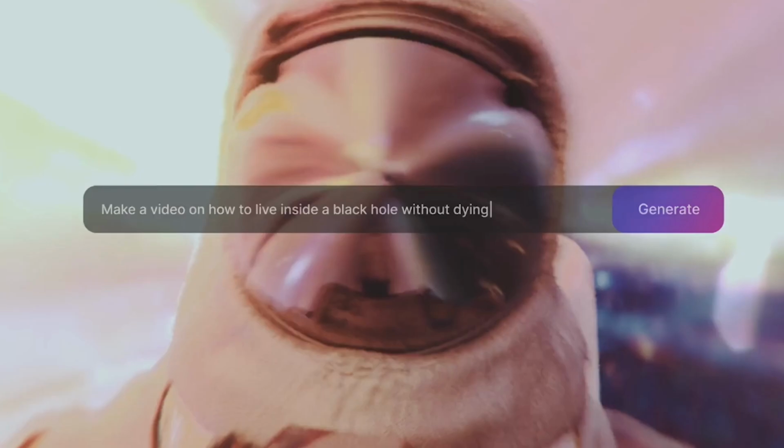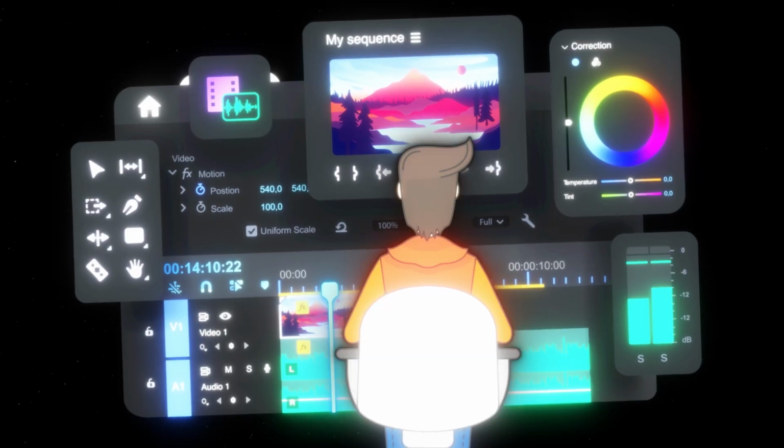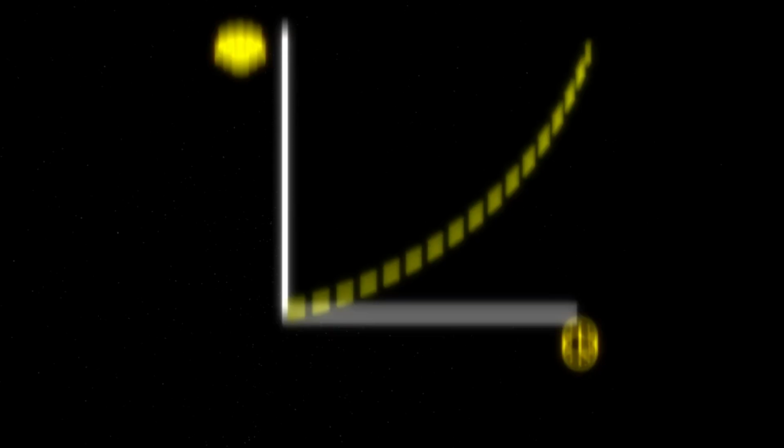This AI video tool takes a simple prompt like this and turns it into a full video like this. So today I'm going to walk you through how to use it so that you can create a ton of reels without having to do any voiceovers, find any footage, or learn how to edit it yourself. This can help you create more content in less time so you can grow your audience faster and start generating